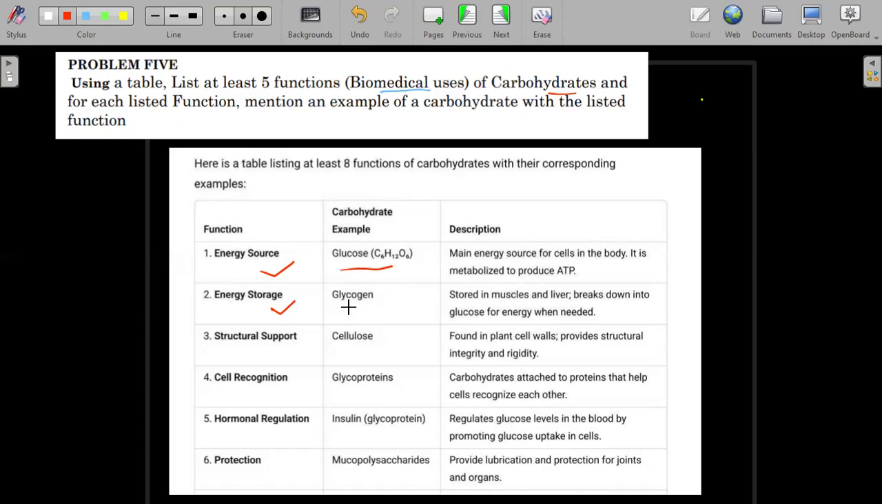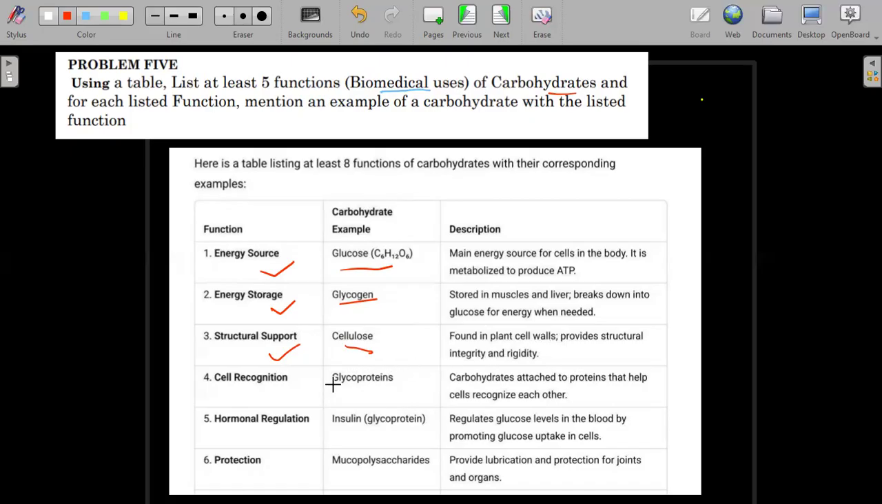Another function is energy storage. A good example is glycogen. This glycogen, you find it in the liver. It stores energy and breaks it down into glucose for energy when it's needed. So the extra glucose that you have in your body is turned into glycogen and then stored. The other function is structural support. A good example of a carbohydrate for structural support is cellulose. Cellulose is usually found in plant cell walls, and it provides structural integrity and